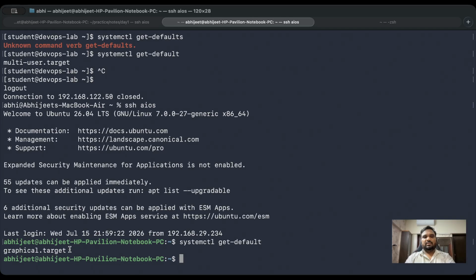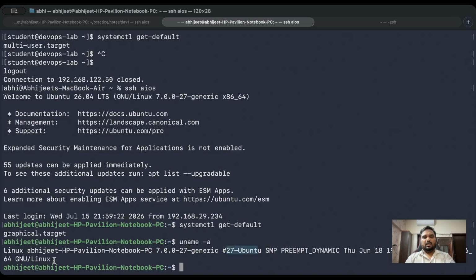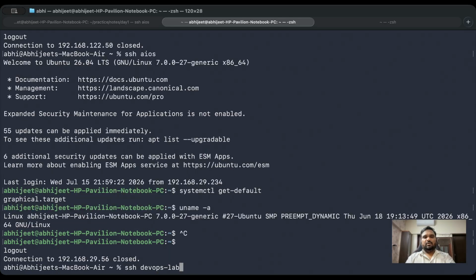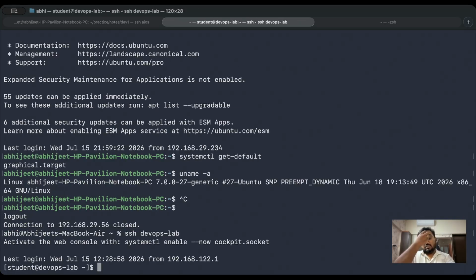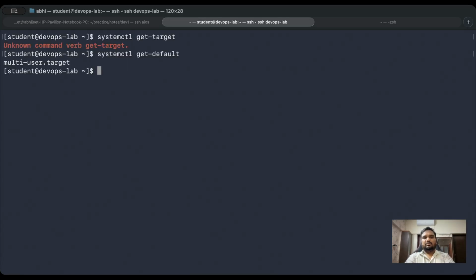So here we see the Ubuntu laptop that we are running this lab on has a graphical target. But for our lab purposes, we are using the multi-user target, which is running on a virtual server. Let's again see, systemctl get-default shows us that we are on multi-user target.